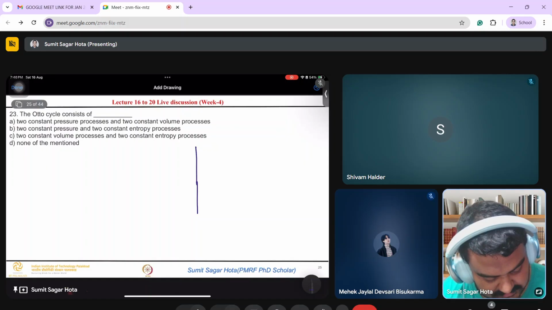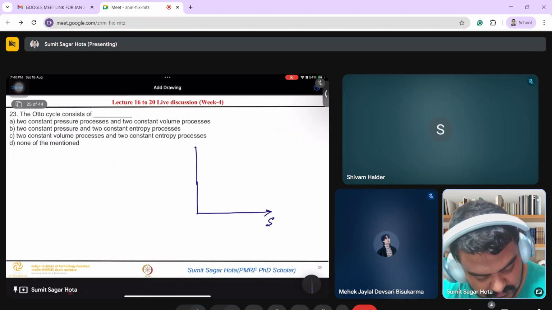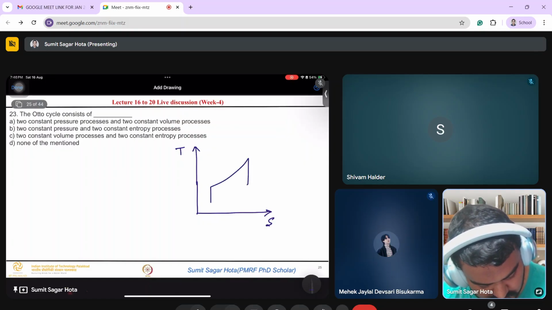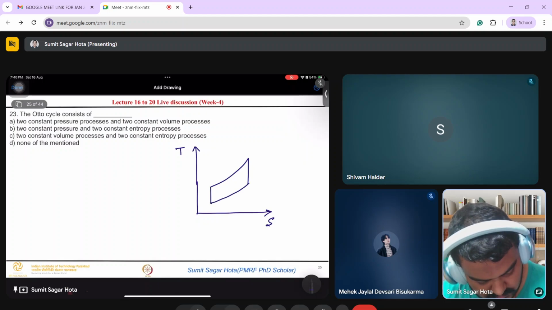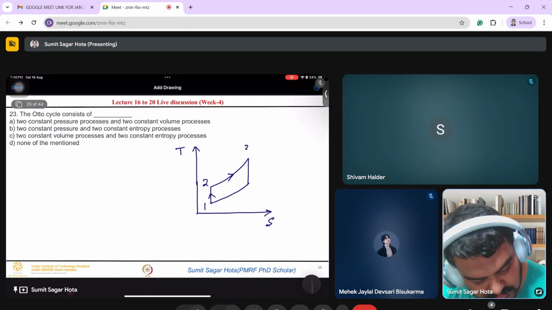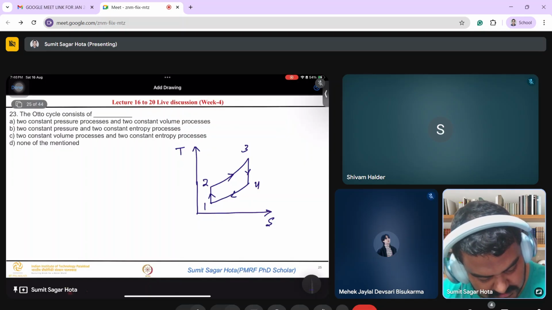especially the TS diagram or PV diagram, whatever you want. I am drawing the TS diagram. Okay, so this is your 1. Always give the direction 1, 2, 3, 4. Okay, Otto cycle is